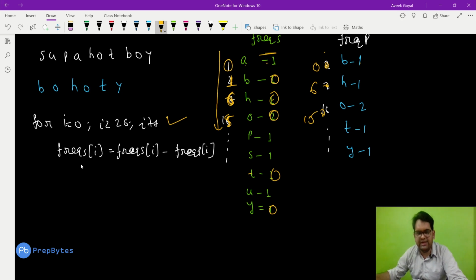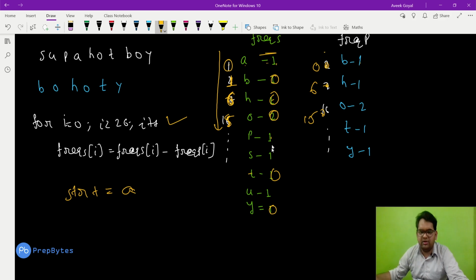And if A is 1 time, what I am doing then, I am inserting str plus equals to A, means the character represented by the index I. Okay, so A will be attached, and P will be appended 1 time, S will be appended 1 time, and U will be appended 1 time. And this is already sorted, indexes are already sorted, so we get a sorted string.